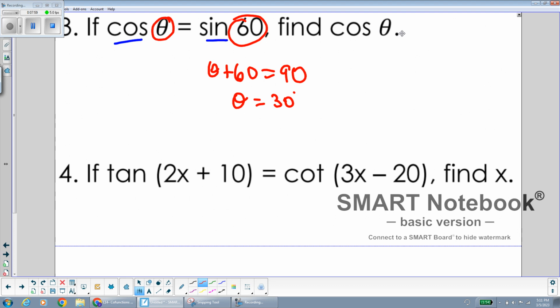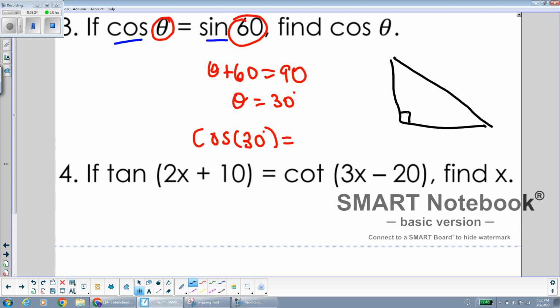And it asks for what cosine actually is. So cosine of the 30-degree angle would be, if I type it into my calculator, I get a really long decimal, 0.86666. But luckily,